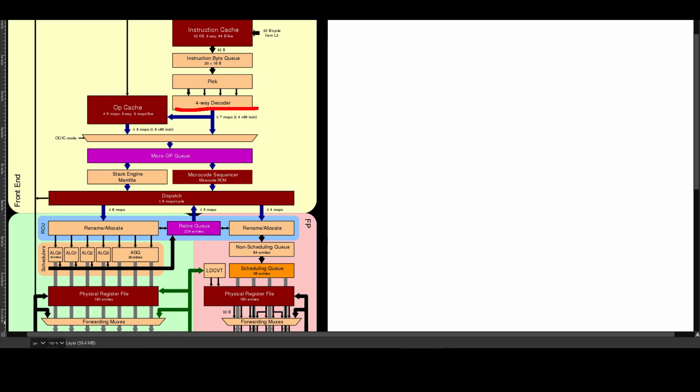So the first case of this kind of performance difference between Zen2 and Skylake and Sunny Cove is that